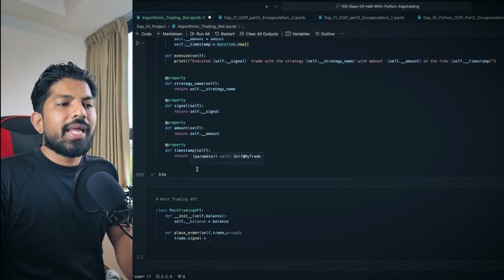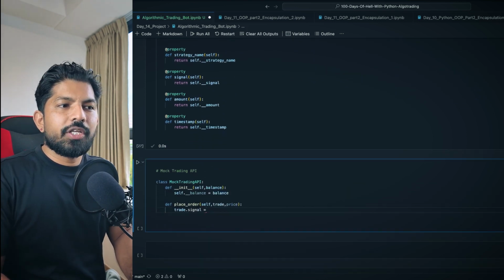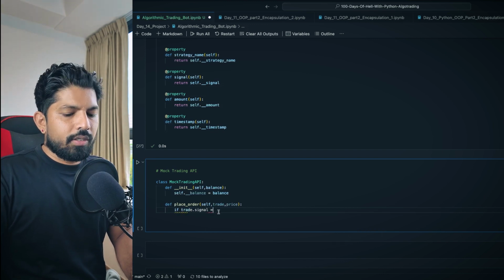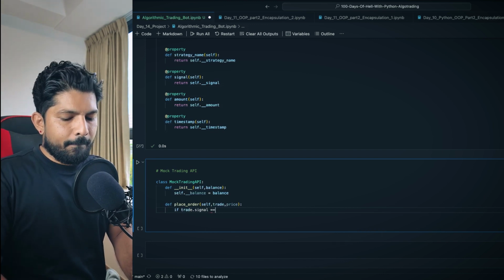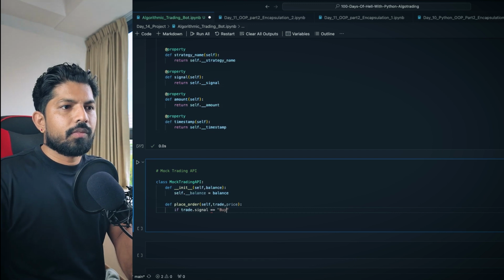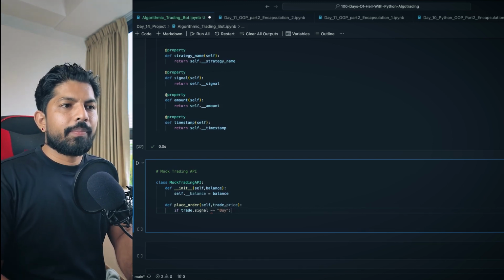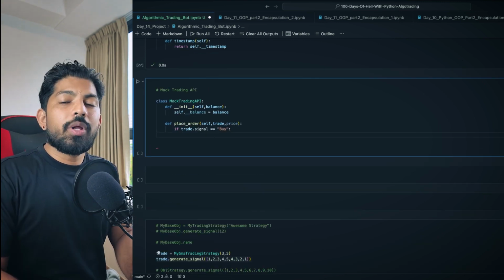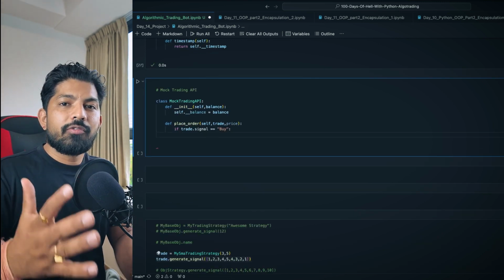So while interacting with the exchange, we can write a condition here that if the trade signal is equal to buy, then what should happen? We have this balance, right? So when we execute any buy trade, some amount will be deducted from our account.